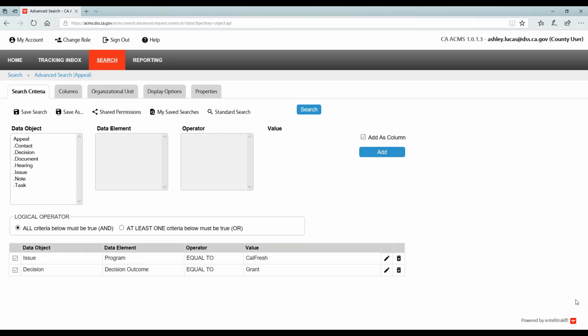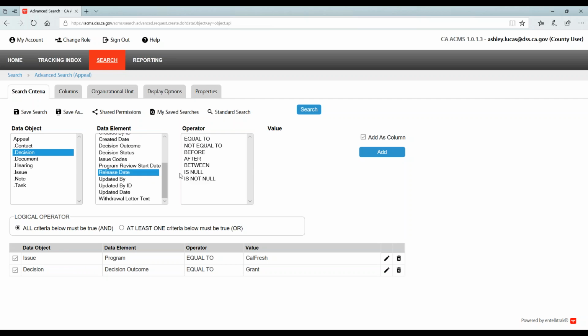All right. Now, that's great, but I don't want all the decisions that were granted. I only want the decisions that were granted between September 1st and December 31st. So I'm going to go back to that decision tab, and I'm going to get the release date, and these are in alpha order. So I'm going to go to release date, and I'm going to say it's between